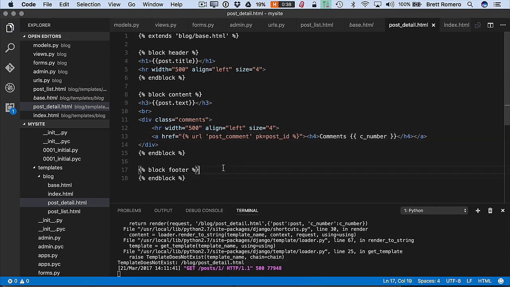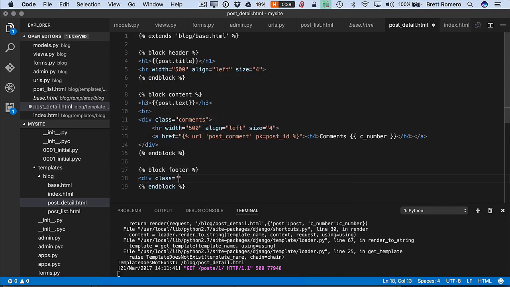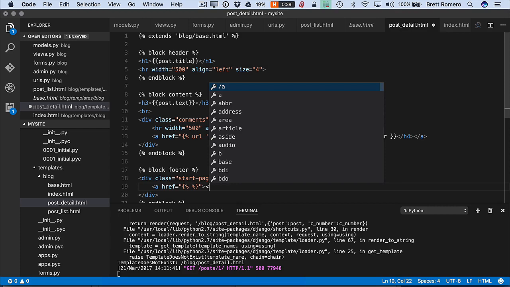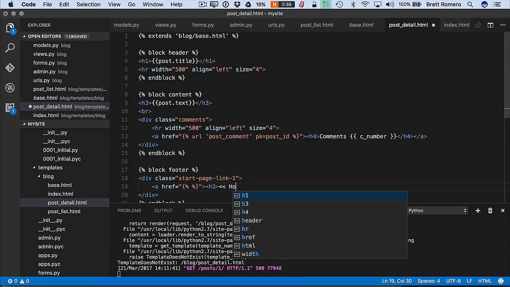Now we have our footer to take care of. So down here, we're going to have class equals start page link 1. And we're going to create this style sheet after we finish this particular page. We're going to want to see this page render out, and then we're going to start with our styling. And then we'll have an href, which is going to have more dynamic code. So here, we're going to have a link back to home. And we can do this. Home